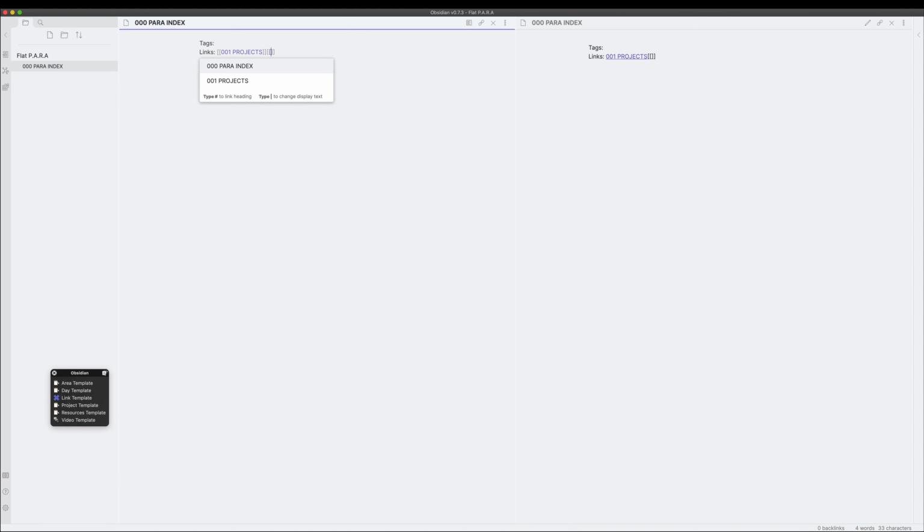Then we'll put 002 areas, 003 resources, and finally 004 archive.